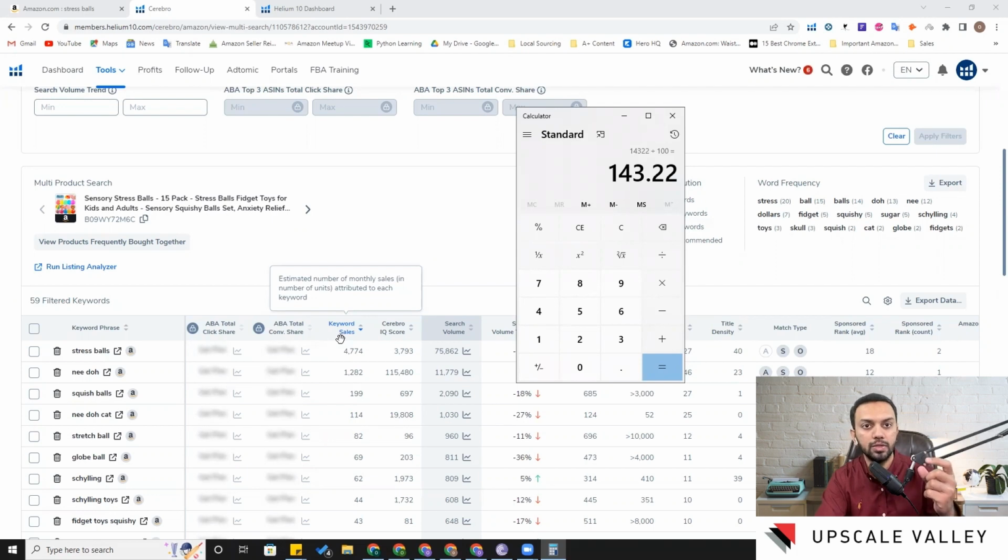From that, you can figure out the conversion at a keyword level. Search Query Performance shows us the sales generated on a keyword and the clicks generated on a keyword, overall the total data. Then it shows us our clicks on a particular keyword and our sales on a particular keyword. Our sales divided by our clicks gives us the conversion on that keyword for our product. This is how we can check the conversion for our product at the keyword level from Search Query Performance data. If you have not launched the product yet and still want a rough estimation of the conversion level, what you need to do is